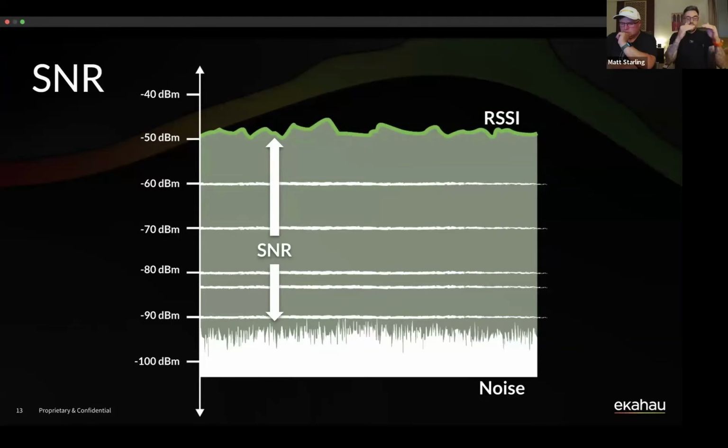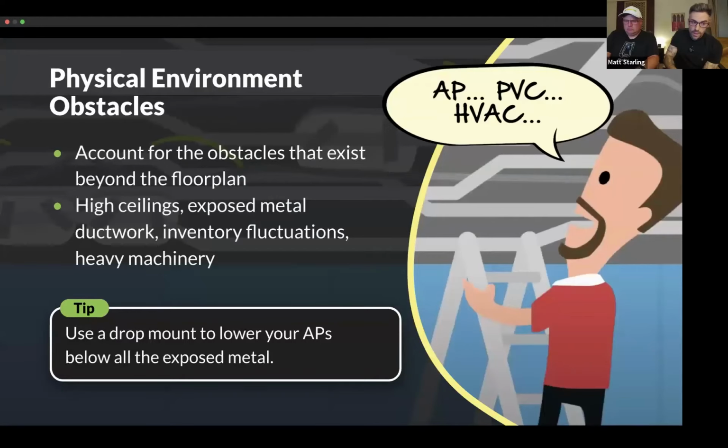When the SNR drops lower and lower, it means you're not going to be able to do more complex modulations. That means slower data rates and potentially not a really clean connection to your access point. And if you're trying to do time sensitive applications, voice or video calls, then you could run into some issues there. So that's why we want to achieve ideally -67 for primary and secondary coverage, and 25 dB of SNR.